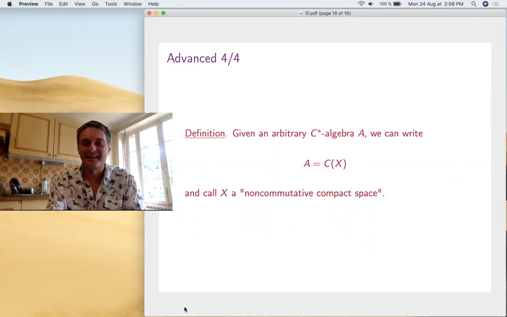So what we learned today: first we completed a few things that we hadn't seen already for matrices, like the spectrum of unitaries, all that, and then the spectral theorem. And with C-star algebras, you can do a lot of things like non-commutative spaces, geometry, even quantum mechanics from this point of view.